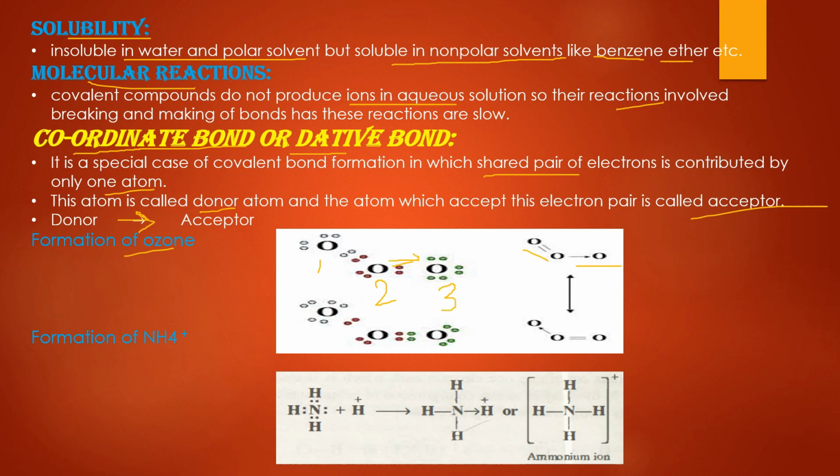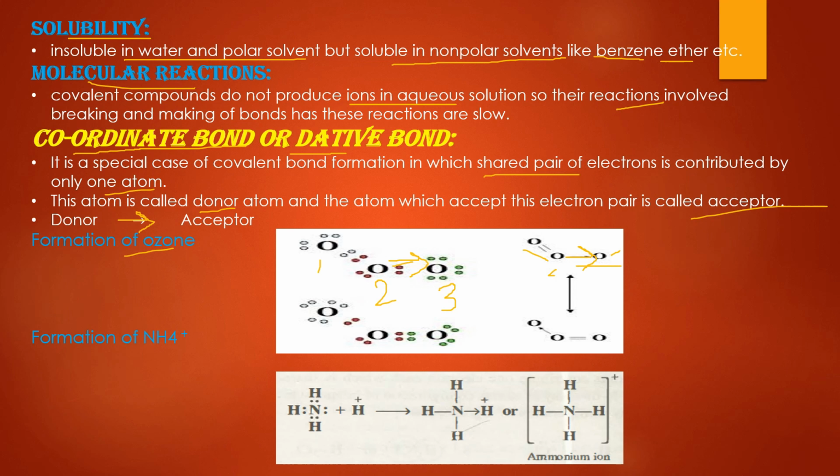So it is actually the coordinate bond, because अगर दो इलेक्ट्रॉन की शेयरिंग करवाते हैं तो मिडल वाले ऑक्सीजन के पास ऑक्टेट से एक्सटेंडेड इलेक्ट्रॉन हो जाएंगे, मींस 4, 5, 6, 7, 8, 9, 10 इलेक्ट्रॉन हो जाते हैं. तो यहाँ पे शेयरिंग जो है वो इस तरह से होती है कि शेयर्ड पेयर जो है it is given by the oxygen number 2 only. So this type of bond, this is the dative bond and this is the dative bond. This is the donor oxygen, this is the acceptor oxygen.